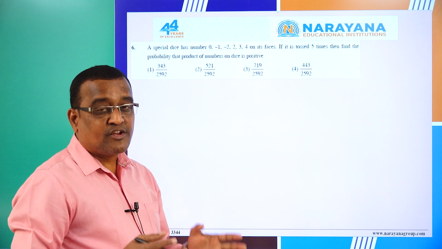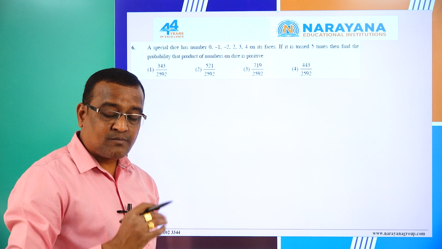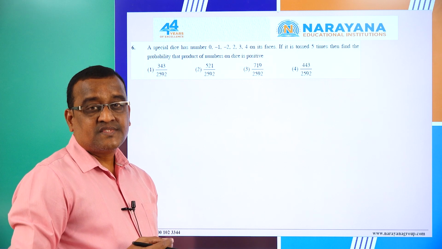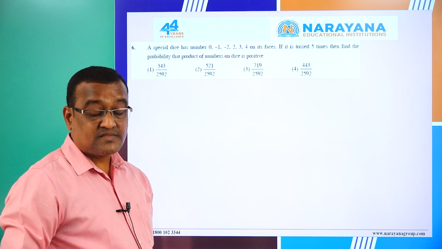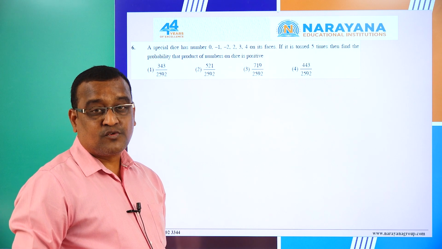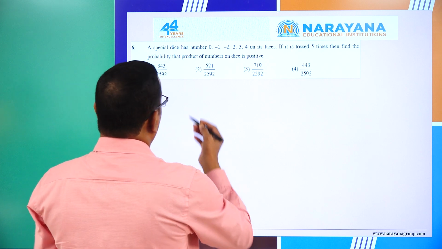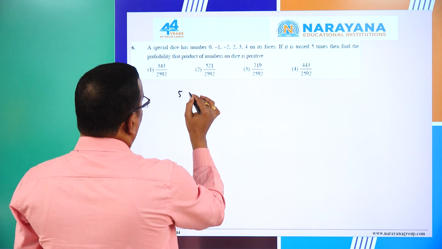The product of 5 numbers is positive if all the 5 numbers are positive, or 3 positive, 2 negative, or 1 positive, 4 negative. So possible cases are 5 positive